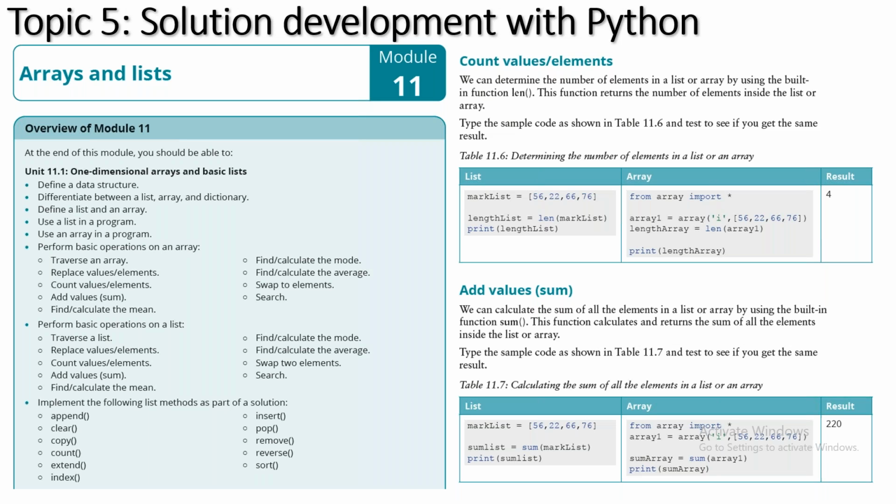So in this module, when it comes to differentiating between lists and arrays, or showing the similarities rather, we put them into little tables under each section. For example, if we want to count the values, then we show them what you do with lists and then what you do with arrays. So how is the code different? There are a lot of similarities in the code. So when students start using arrays more in level 3, they understand the concept a lot better.